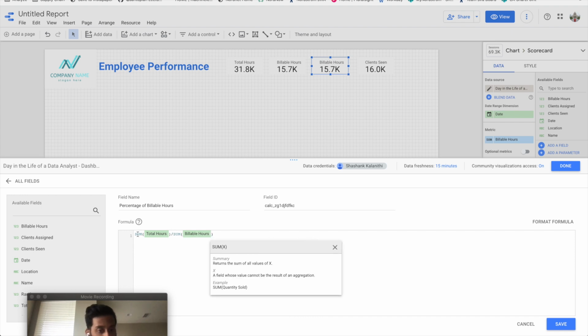Now, you may wonder why I put this sum here and here. What this is basically saying is, okay, Google, add up all of the total hours first, then add up all of the billable hours, and then divide the sum of all total hours and the sum of all billable hours by each other. Versus had I done it like this, for example,